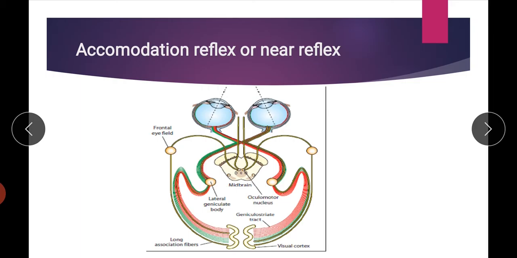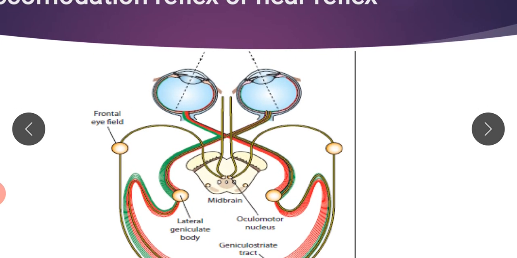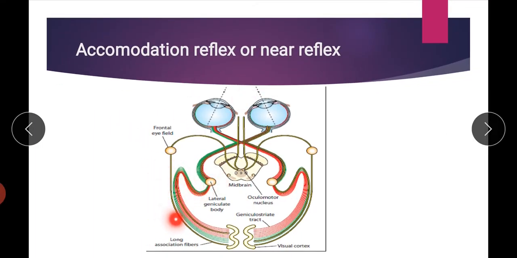Now the accommodation reflex or near reflex. What is the mechanism or the pathway for the accommodation reflex? When we focus on a near point, the light rays focus on the retina, then through the visual pathway the signals reach the visual cortex. From the visual cortex, situated in the occipital lobe, through long association fibers the signal comes to the frontal lobe, the frontal eye field, and from the frontal eye field the fibers go to the